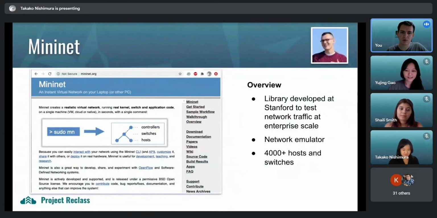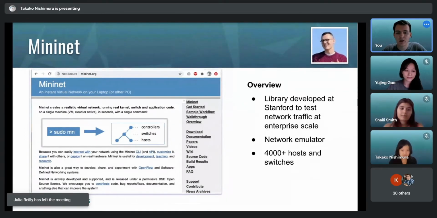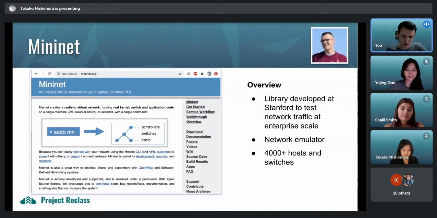So for this talk, we'll talk about how we orchestrated Mininet with Flask. And what is Mininet? Mininet is a network emulator that was developed at Stanford to test and emulate network traffic at an enterprise scale. They were able to emulate over 4,000 hosts and switches. And the hosts on Mininet are running the Linux kernel, and the routing and switching devices are running virtual routing